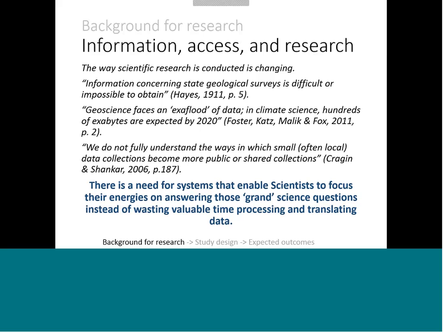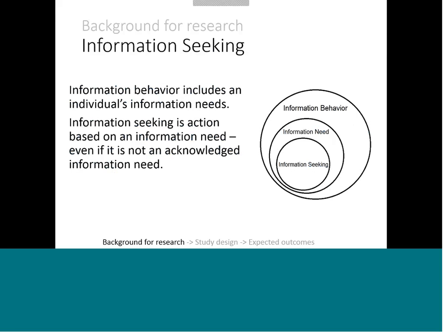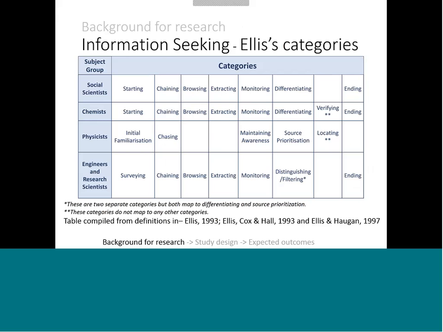So I'm taking the viewpoint of information seeking. This is a theory in information and library science that we have different information behaviors, and those behaviors encompass our behavior when we have a need and we want to find information, and then seeking is that specific action of how we go to solve that information need. Sometimes we might not even know that we are looking or thinking about answering a question, and sometimes we might never find a satisfactory response to our information seeking.